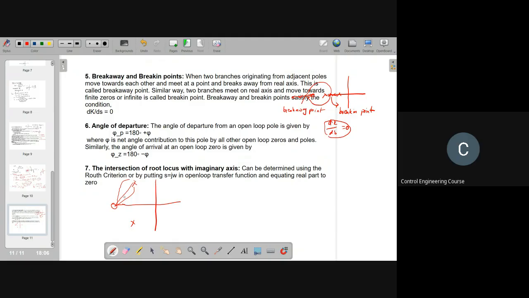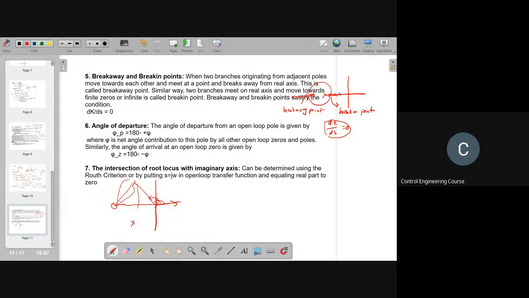So to find out the exact path in which direction that root locus reaches the zero, we need to find the angle of departure. Angle of departure, like any plot, the angles are always measured with respect to the positive real axis. This is the positive real axis. We need to find the angle in this direction. So for this case, suppose there is a pole here, we need to find the angle in this direction, like that.